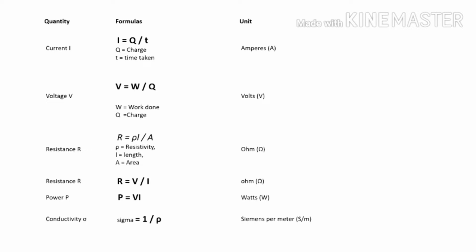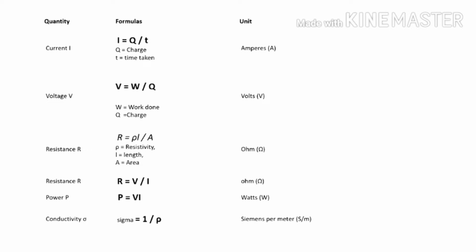After that, electric power. Electric power is the rate per unit time at which electrical energy is transferred by an electric circuit, or simply you can say work done per unit time. In the above equation, V equals W by Q, so W equals V into Q, the work done equals potential difference into charge. Put this value, P equals W by t, VQ by t, Q by t is I, so P equals VI. The unit in SI is watt.